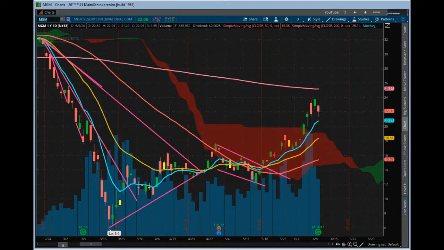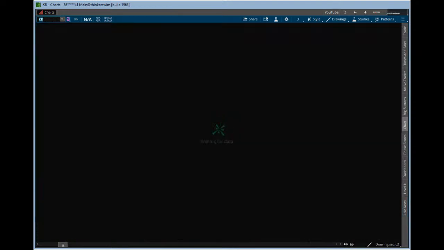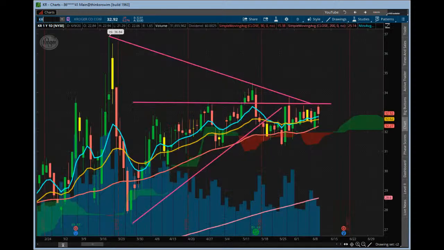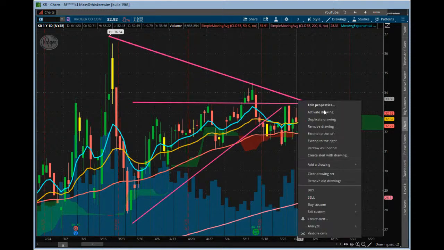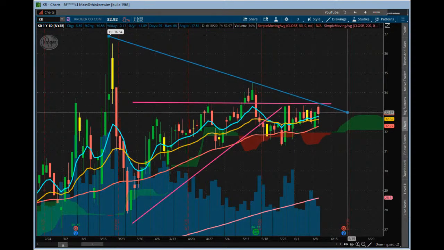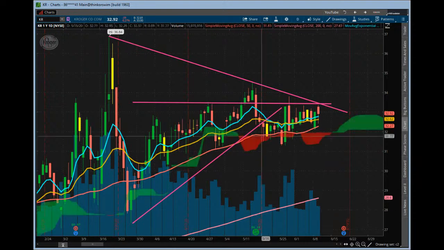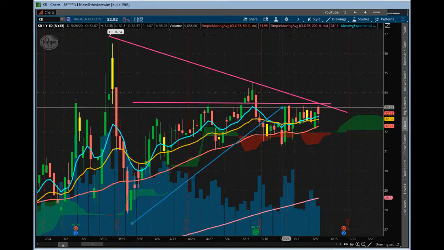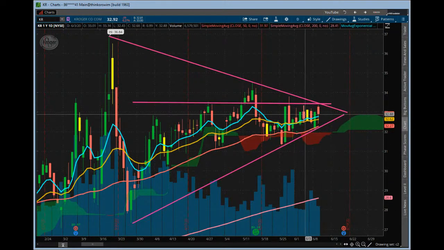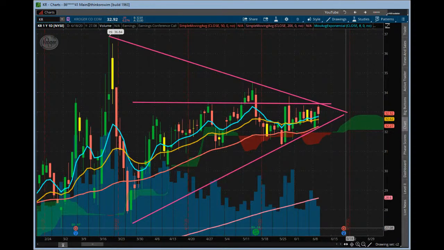The next one, Kroger, KR. Wow, look at that. Look how choppy and sloppy that one is. It is still working on it, right? You got this line right here. We need to get above it, from that high to that peak, that guy right there. So definitely a big triangle pattern. We looked at this recently. It is just getting super tight here, guys. So I wouldn't be surprised if Kroger made a move. But look, the apex of this triangle happens to correspond right with earnings. So a little bit risky going into that one. But see if it gives you a breakout. Maybe it'll give you a little bit of an earnings run or something like that.